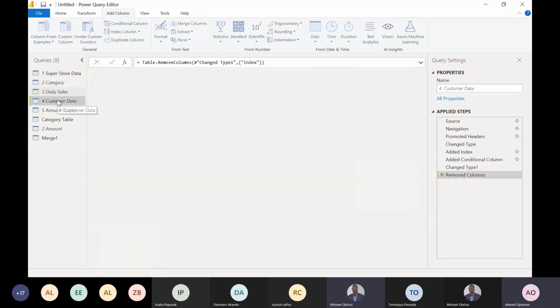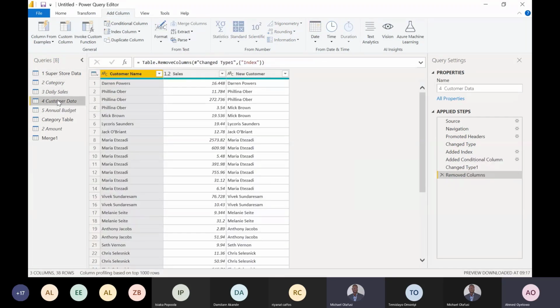Then on number 4, try to use the index column again to our advantage by making sure that we first of all create an index for every row on this data, so that we can selectively do a replace value for only one of the rows. It can be several of the rows as well, right? So say, for example, if the rows I needed to replace are, let's say, 4, 6, and row 9, for example,